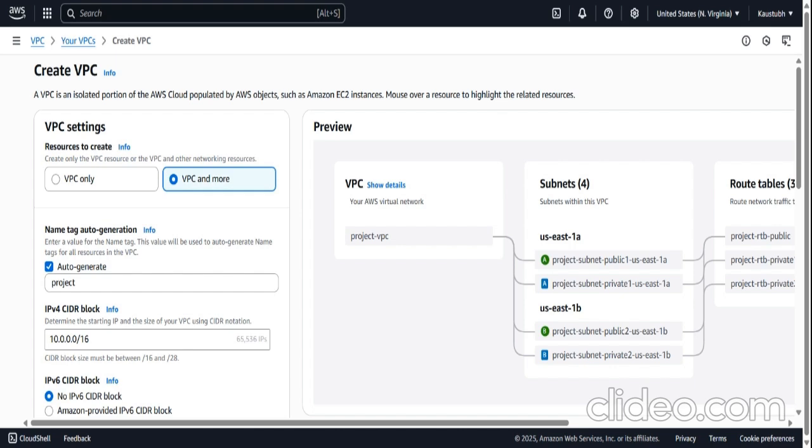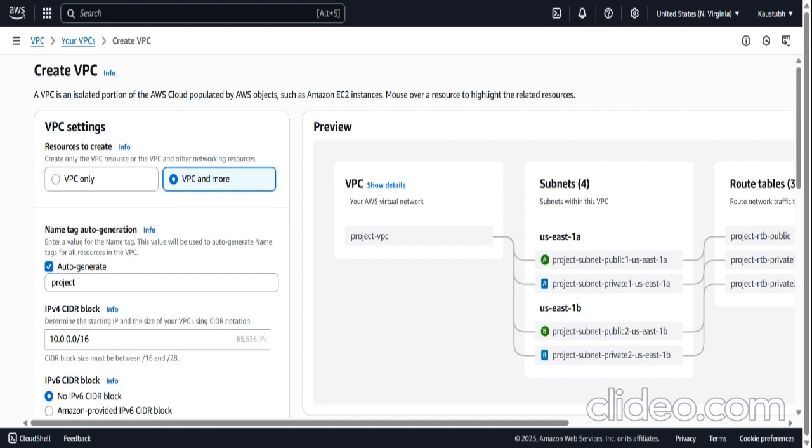So basically, a virtual private cloud in AWS is an isolated network environment within the AWS cloud. So what does it accomplish? It provides network isolation and security. VPCs create a logically separated, isolated section of the AWS cloud where you can launch resources in a virtual network that you define. Then it also provides security group control that virtually acts as a firewall, controlling inbound and outbound traffic